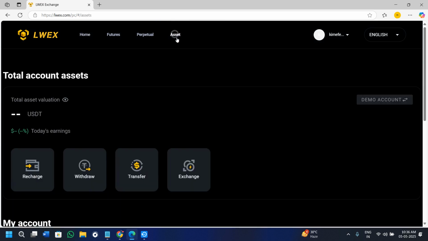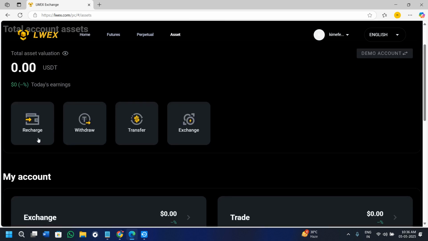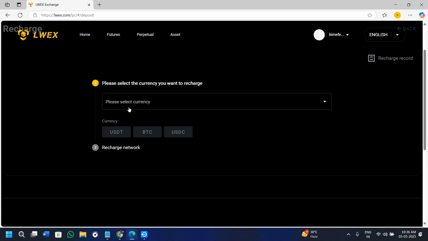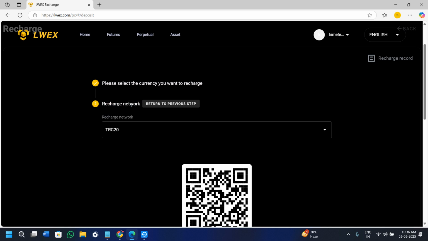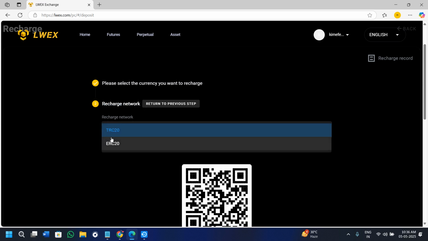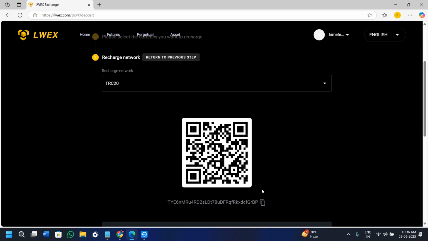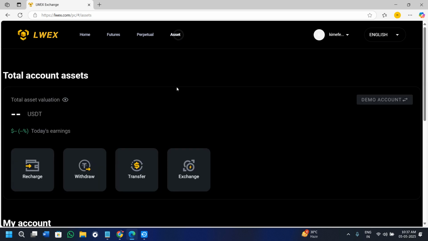So in order to do it, simply click on this asset tab in the top and then click on the recharge option. Over here, select which currency you want to recharge your account with. It can be USDT, BTC or Ethereum. Afterwards, you need to select the recharge network and you can choose the options between TRC20 and ERC20. Then you need to copy this QR code or this wallet address, and from your crypto wallet you need to simply deposit the amount. Now once the first deposit is successful, when you click on the asset tab again and